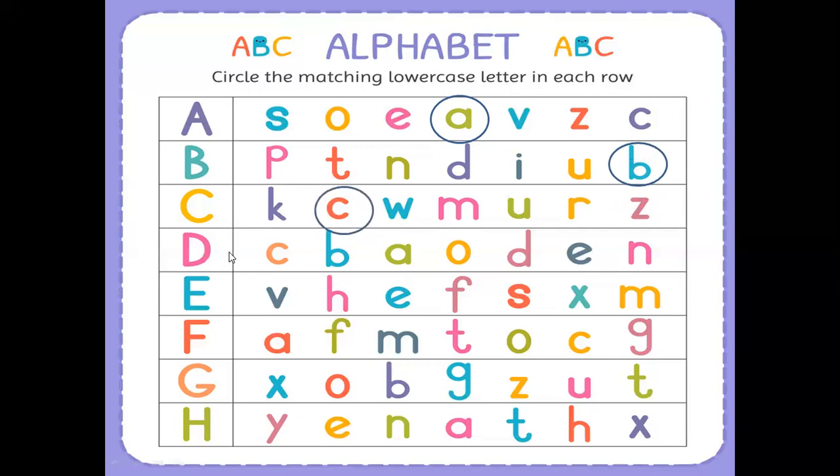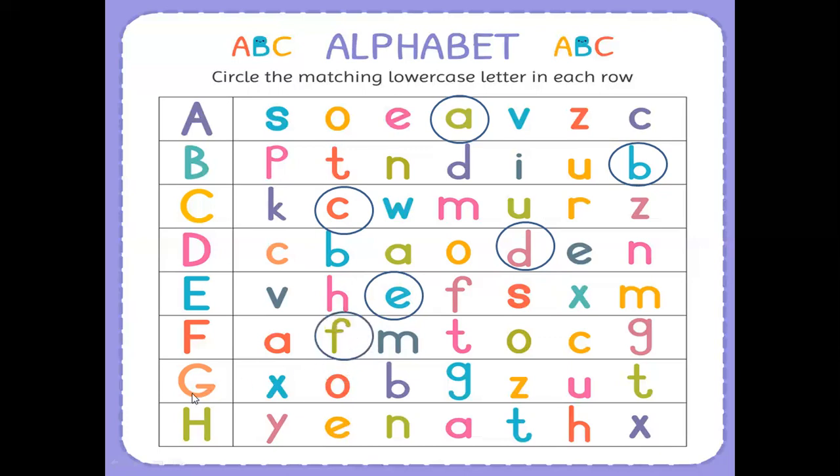Now D, wait, this one is letter D? No, no, no. Look here, this is letter B. This one and this one are same. So where is the letter D? It's just like B, but it's curved towards the left direction. Okay. Now E, you have already matched capital to the small, so you must know where is the letter E. Here is the letter E. Well done. Letter F. This is letter F? No. This one is letter F.